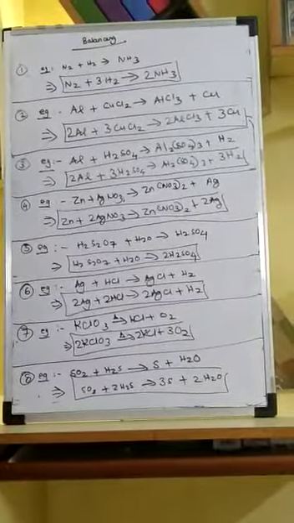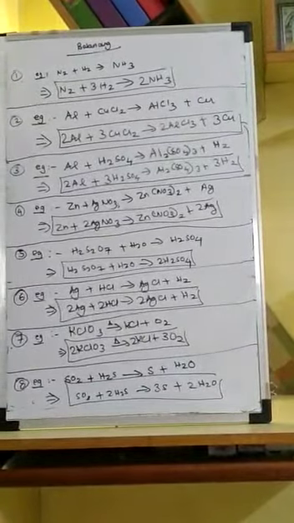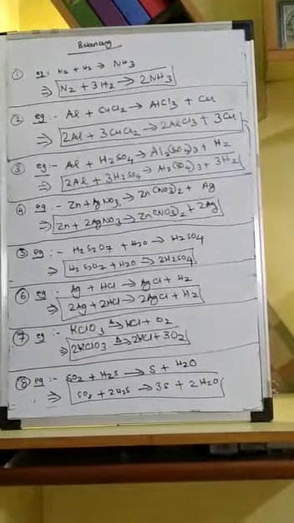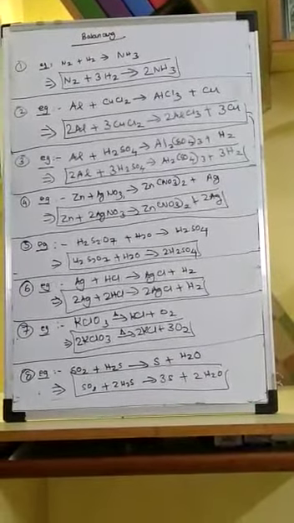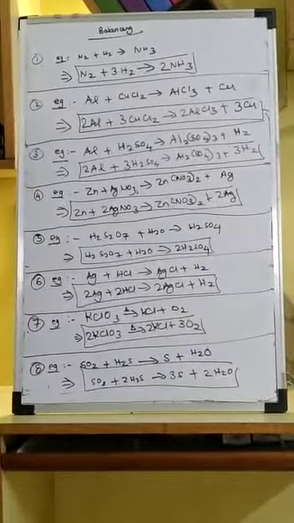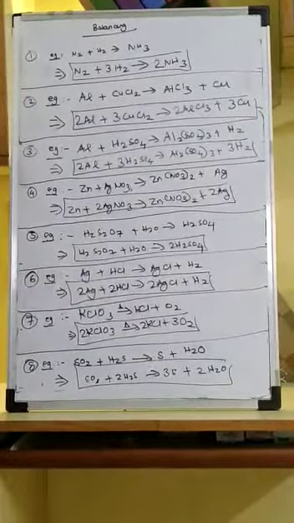What is a balanced chemical reaction? A balanced chemical reaction is one in which the molecules, so the compounds, on the left hand side and the right hand side all have an equal number of atoms, both on the LHS and on the RHS. Let us see a few examples of balanced chemical equations.